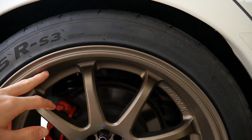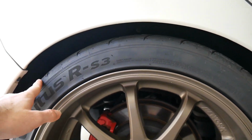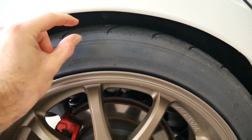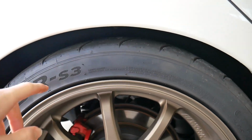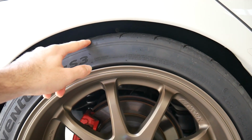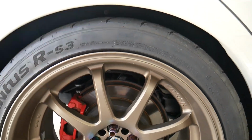Alright, so this is the rear wheel. This is how the rear wheel looks on the right side. I'm actually pretty impressed with the amount of gap here. It's a decent amount to have a daily driver in, and I might take it down maybe just a few mil more, but the other side is a bit higher than this, so I'm going to get the measurement of this, and we're going to take it down just a little bit,